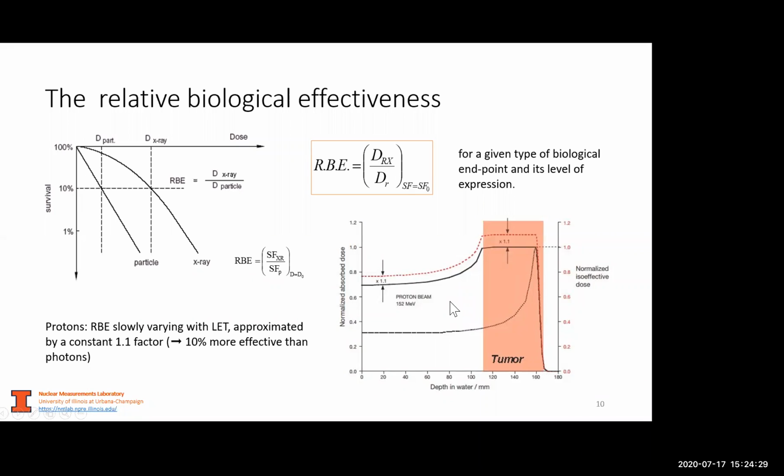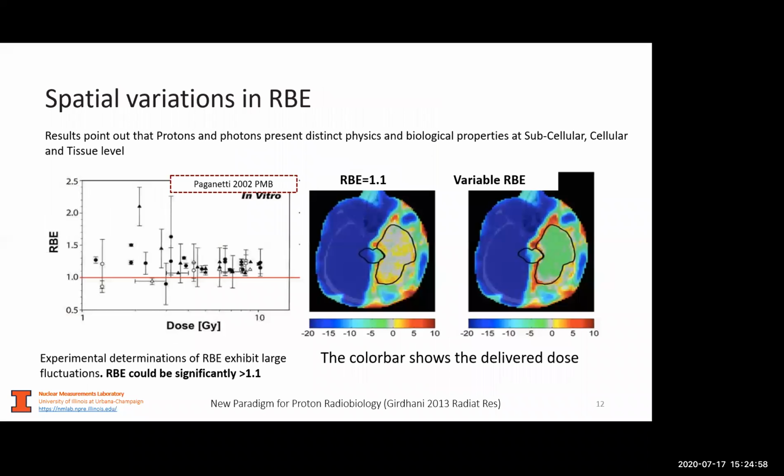The RBE for protons is generally and conventionally, I would say, assigned a value of 1.1 as compared to X-rays. So protons are approximately 10% more effective than photons in killing cells. This is not set in stone. As a matter of fact, many studies have shown that there is a huge variability in the RBE